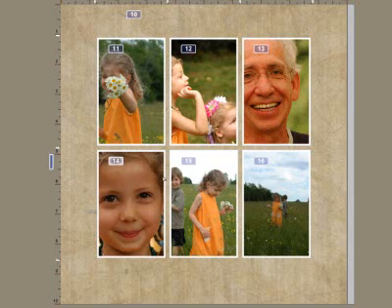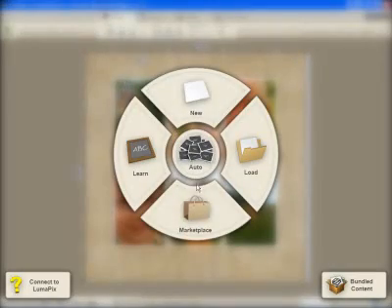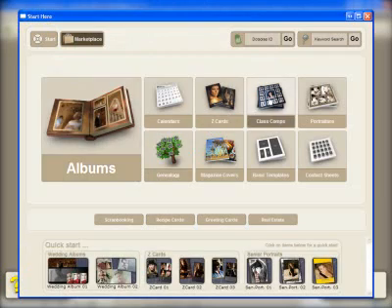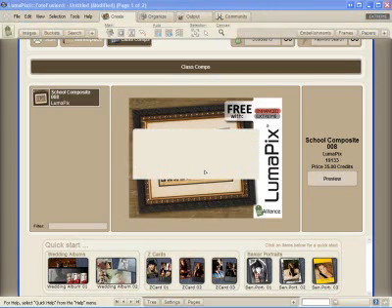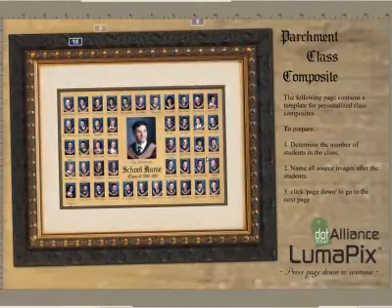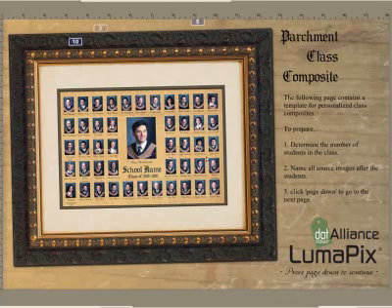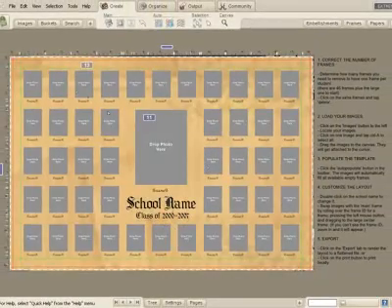So an application of this is the class composite, where you have a lot of images to drop into frames. And so I'm going to go into the marketplace under class composites. There's one available for you. If you're running PhotoFusion Enhanced or Extreme, this is actually a free template. So PhotoFusion has downloaded this content from the .scrap store for me, and it's allowing me to look at some